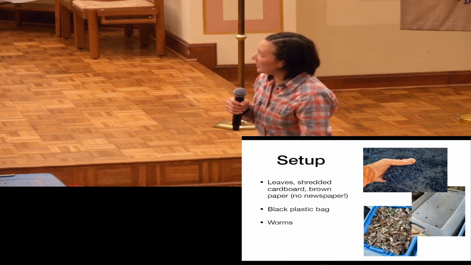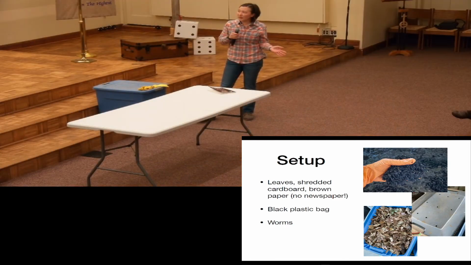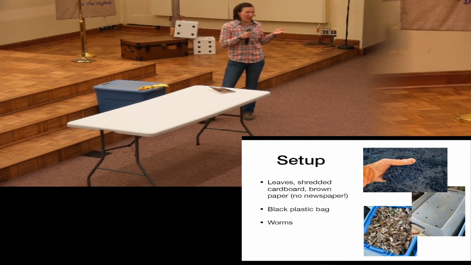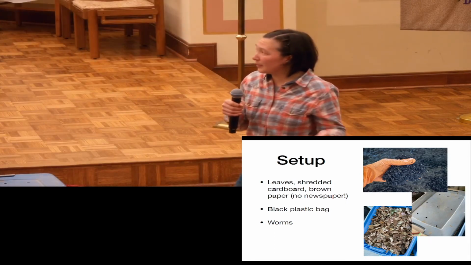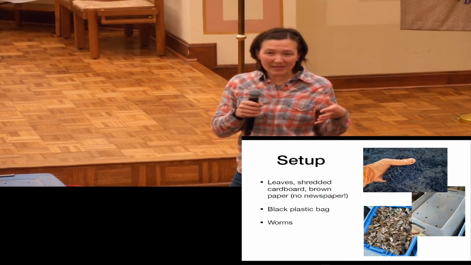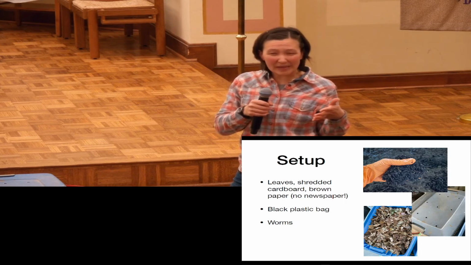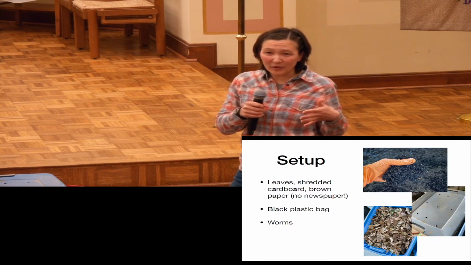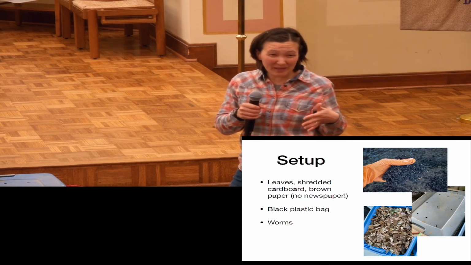And then you need leaves or shredded cardboard or brown paper. I use leaves, and that's your bedding. So you have 2 inches of leaves on top as your bedding. The brown matter is also good if you have really wet food scraps, like melons, watermelon, for example. You don't want your compost pile to get too wet and slimy, because that's when it can turn anaerobic, and that's when it can become more acidic and be more inviting for non-beneficial microbes.